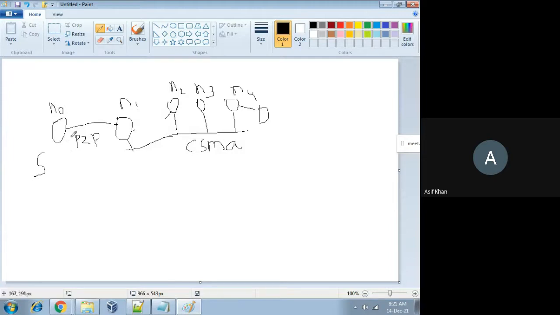So here N0 is the source node and N4 is the destination node, and N0 is sending data packets to this destination node. Here always the last node is the destination node. If you take seven nodes here, then the last node will always be the destination node. You can change the number of nodes in the CSMA network also. In that manner the code second.cc is written. So this is actually a combination of a point-to-point network and a CSMA network.